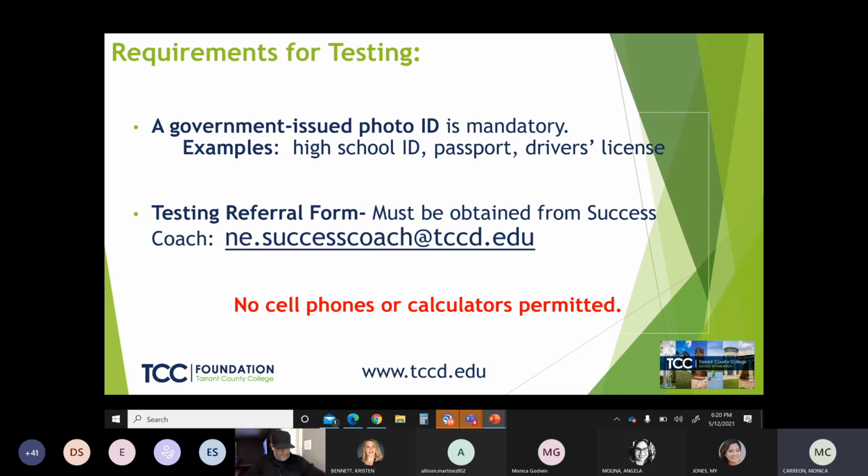If you haven't received your testing referral form from me, Jones, from CACO, you can always get your testing referral form from one of our success coaches on any campus. But for the Northeast campus, this is the email address that you'll contact for your test referral. And we do not allow cell phones or calculators on the test.